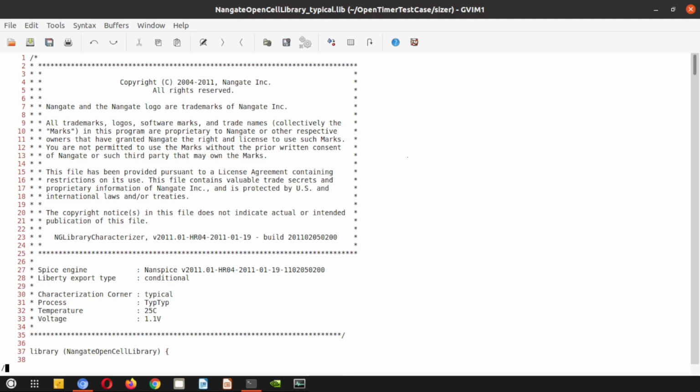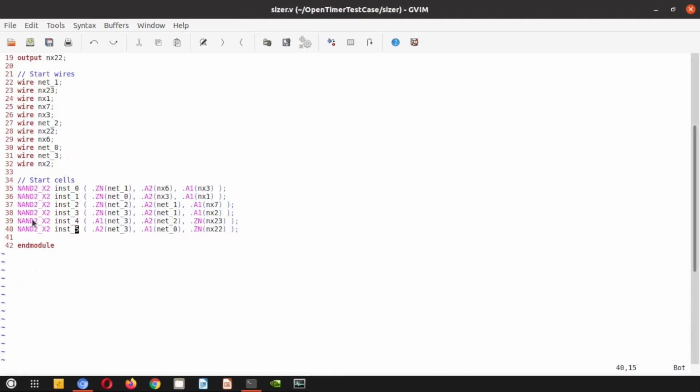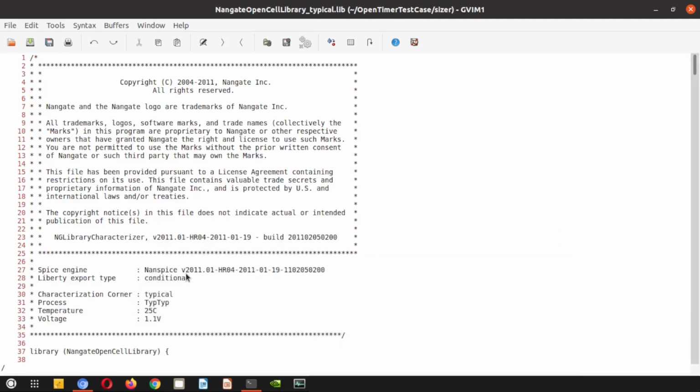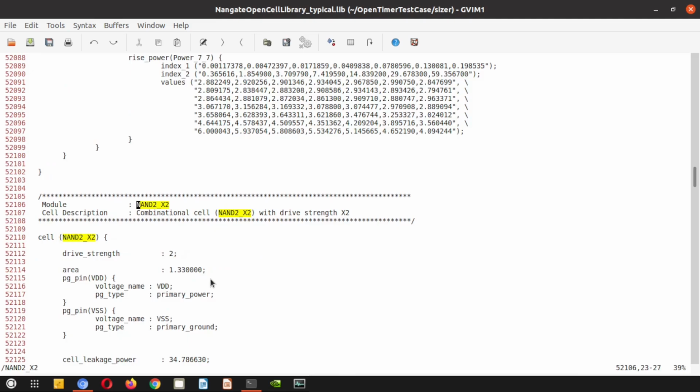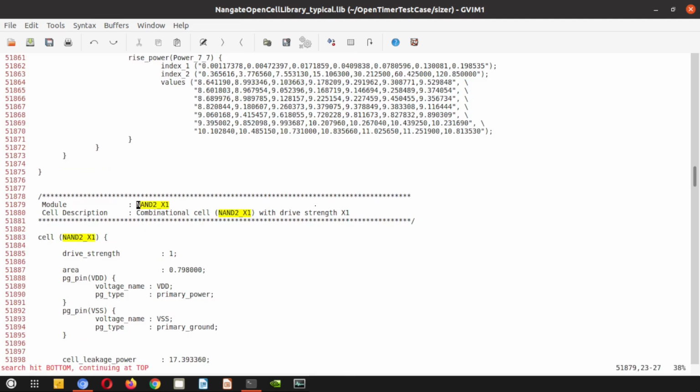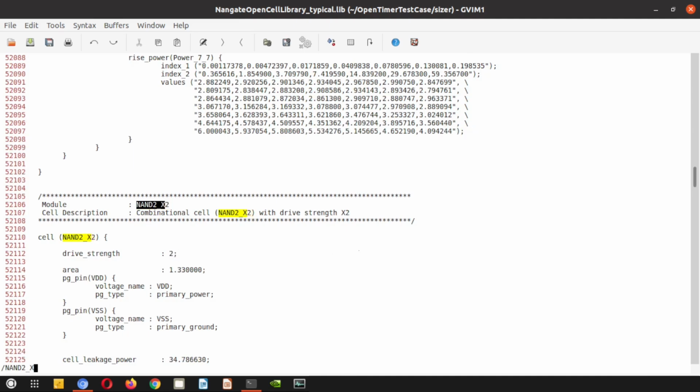We have turned off the syntax highlighting here. Now I will search for the particular gate name. Let me copy it from here, and I'll go back in the timing library and search it. Here is the search result, you can see that this cell NAND2X2 has area 1.33. Remember it. Now let me go for X1. Here you can see the area is 0.79. Okay. Now let me go further for the X4. You can see here it is